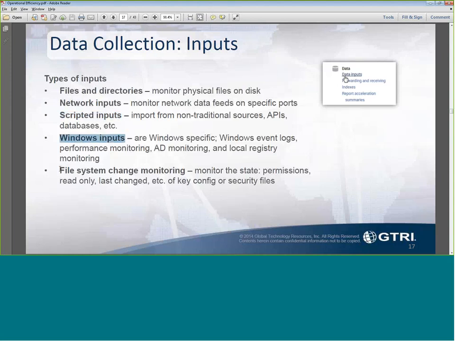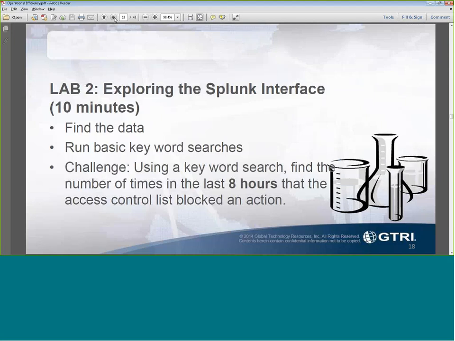Again, Windows inputs, and then you can look at file system change monitoring. So if you wanted to look at who changed what files, there are ways of doing that as well. All right, am I going to go too far down that path, because we only have so much time? So this will actually get us into the first